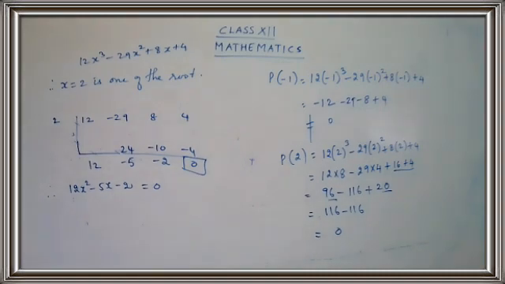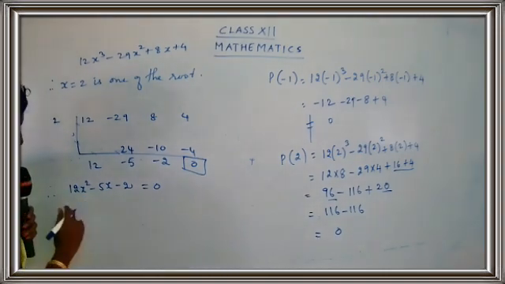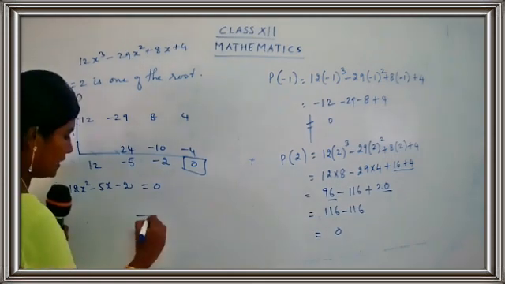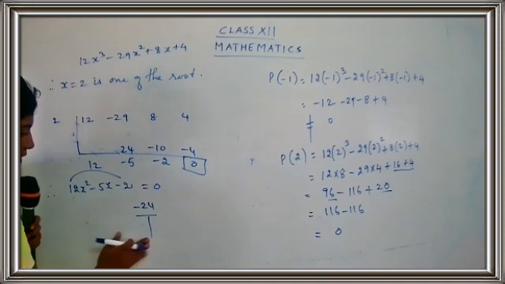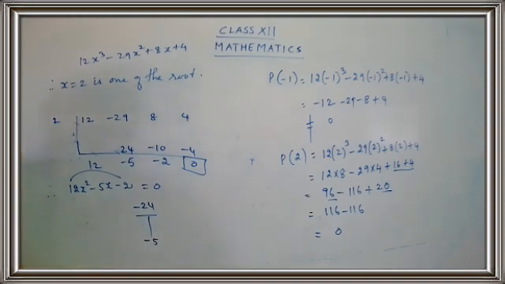Okay, children. So now we are going to factorize this and we are going to get two more values of x. Shall we find out? I'm going to use the t method again here. 12 into minus 2 is minus 24 and this is minus 5. Take the coefficient of the middle term. On the top of the t I get minus 24 and on the bottom of the t I get minus 5. Clear? Now let's try to factorize 24.